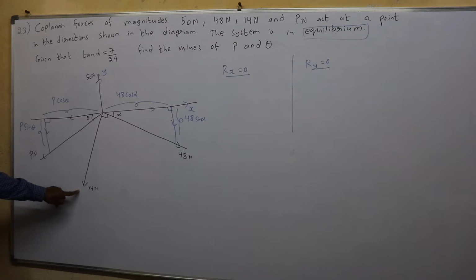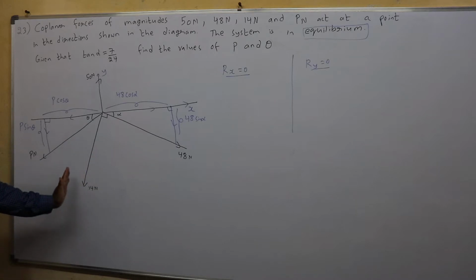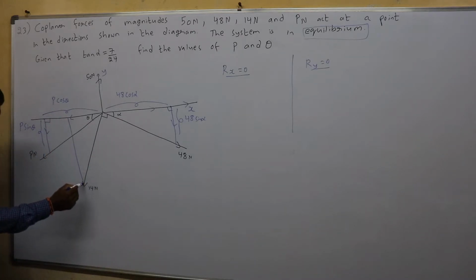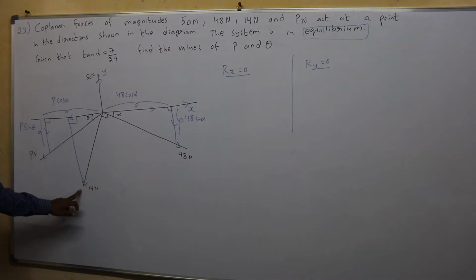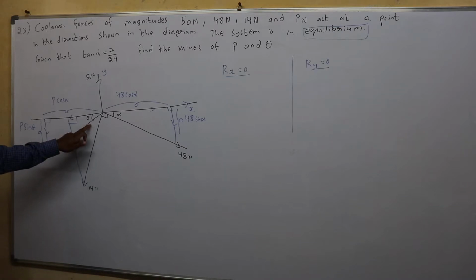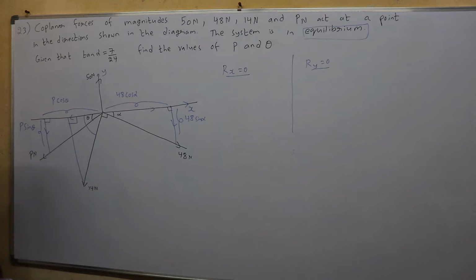Even this also needs to be resolved. At what angle is it acting? I need to drop a line and form a right angle triangle. I can't drop a line onto the x-axis in the positive direction, so over here I need to drop the line. This is a right angle triangle for this one. Now, how much is this angle? I don't know. How much is this entire angle? We don't know. We need to find that out, right?